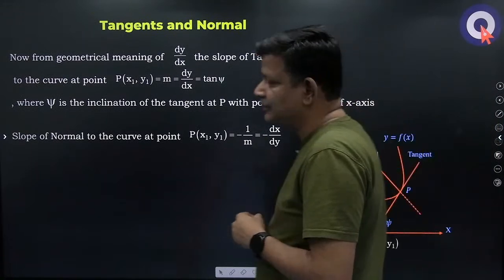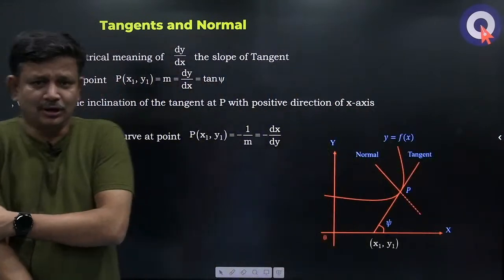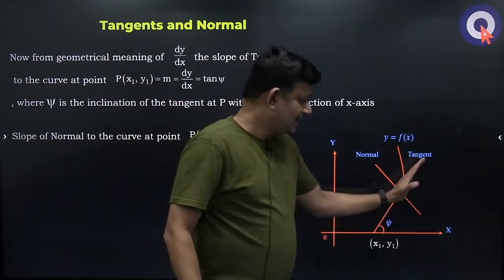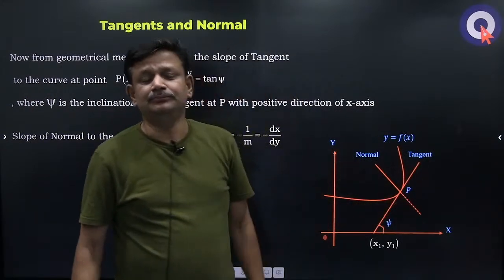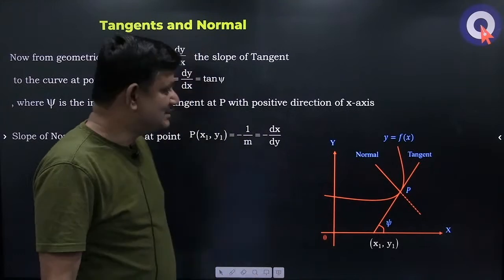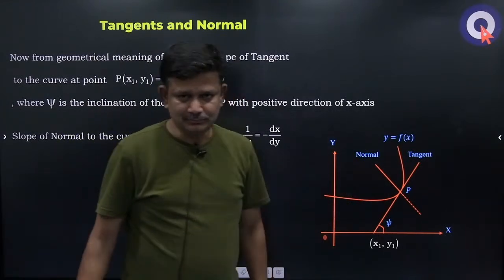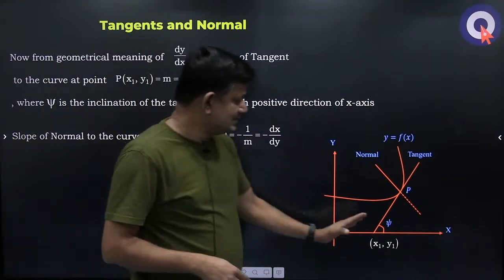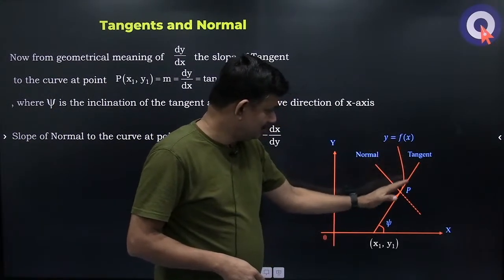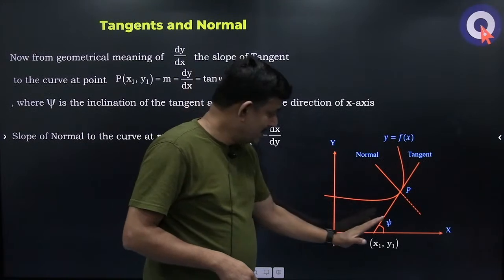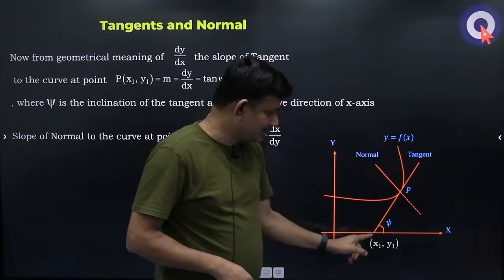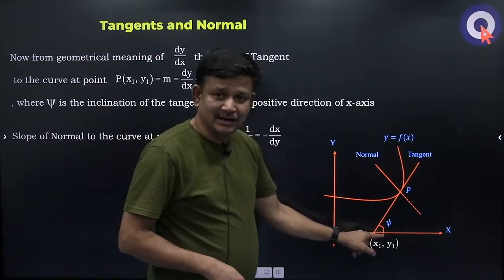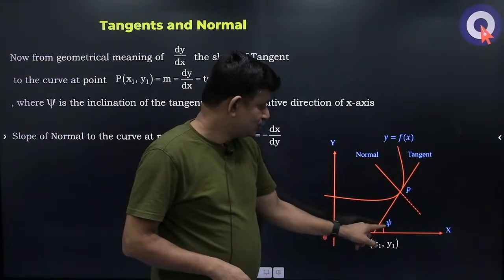Tangents and normals. Most of you already know from your physics classes that dy by dx represents the slope of the tangent to the curve at any point. Geometrically, it is the slope of the tangent. Let's say this is your curve y is equal to f of x, and I have drawn a tangent at the point P. Phi is the inclination of the tangent, so tan phi